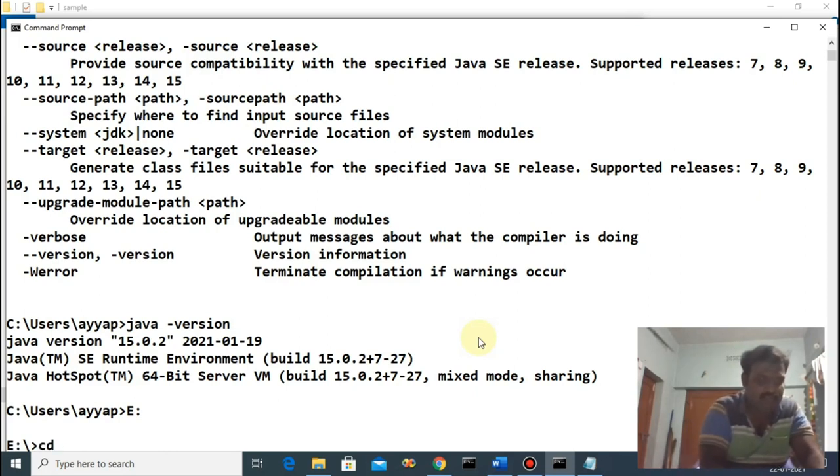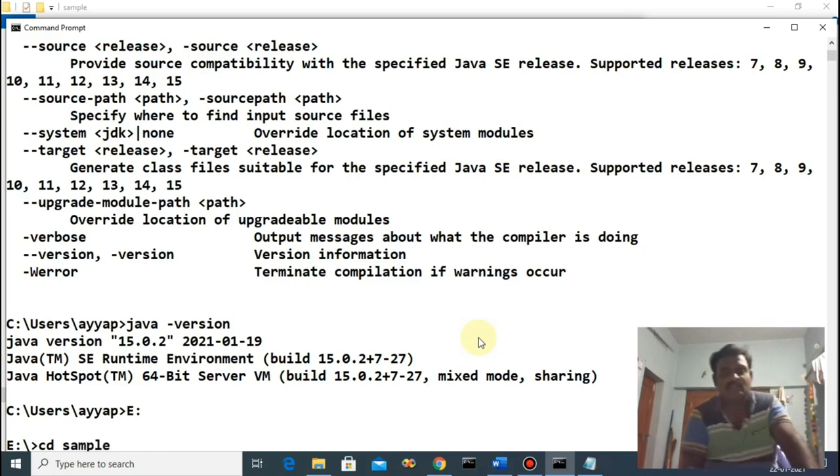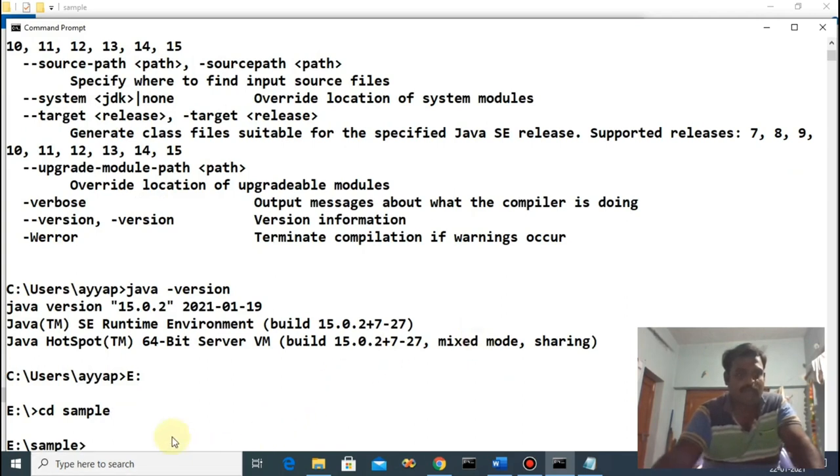Type cd space sample and press enter. Now your path is local disk E, and the folder is sample. This is the exact path because your file is available in this folder.